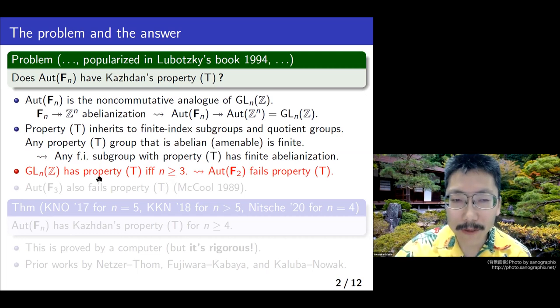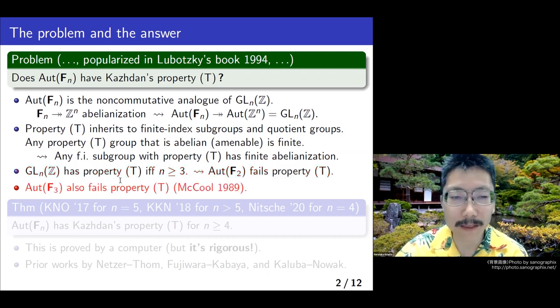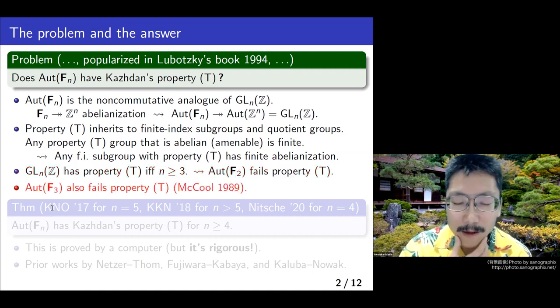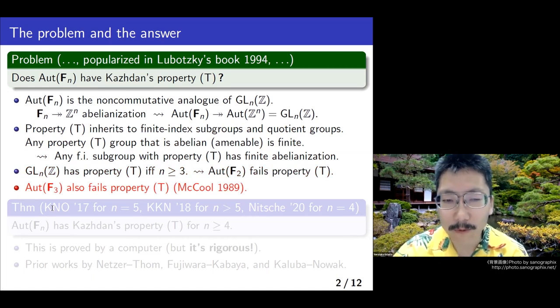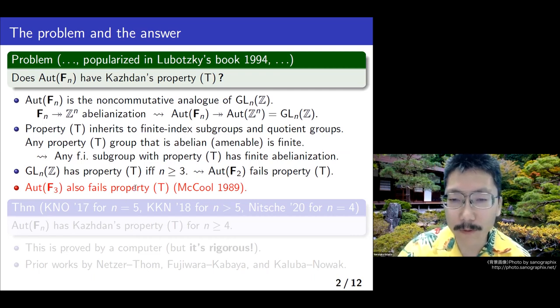So as a corollary, the automorphism group of the free group on two generators does not have property T. But in fact, the automorphism group of the free group on three generators also does not have property T, because it was proved that it has an explicit finite index subgroup which surjects onto Z, and therefore it does not have